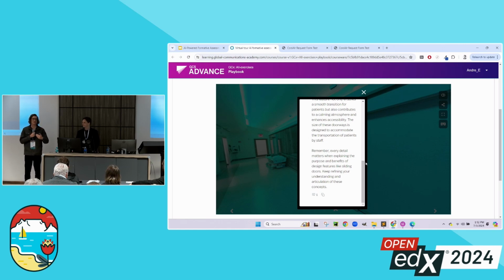In addition, we also added background information, for example key readings associated with accessible hospital design practices. So it's a combination of both. It would involve a systems role as well as the knowledge base, and it would be set up collaboratively between the SME and the learning designer.